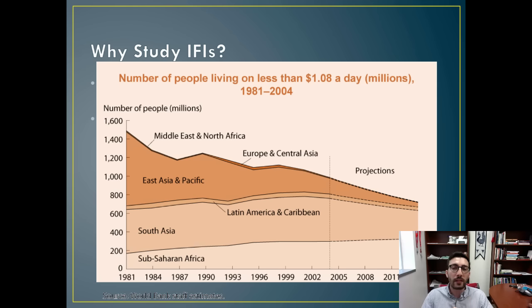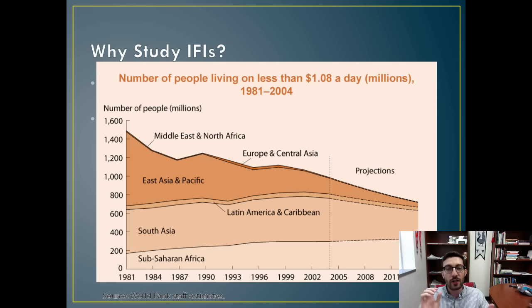Now, another thing that's important to understand when looking at a chart like this is the absolute number of people. It's possible that the number of people within the country increased, but the percentage of people within those countries who live on less than $1.08 a day has actually decreased as a percentage of the overall population. So even with this chart, we're really only getting one kind of slice of the truth,